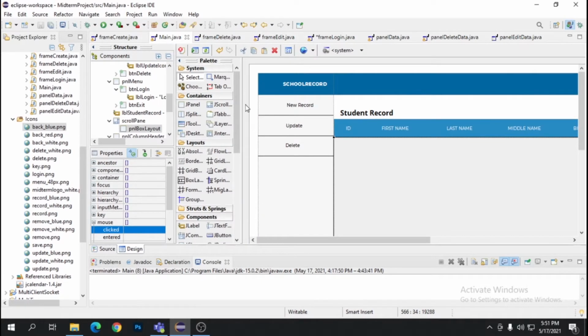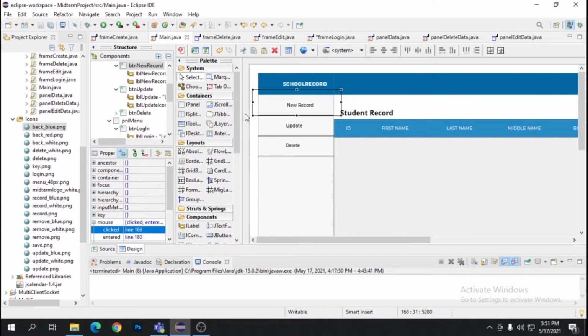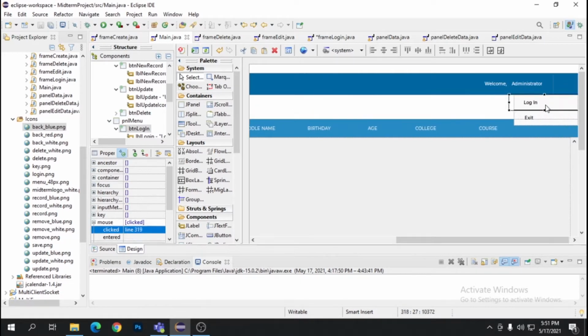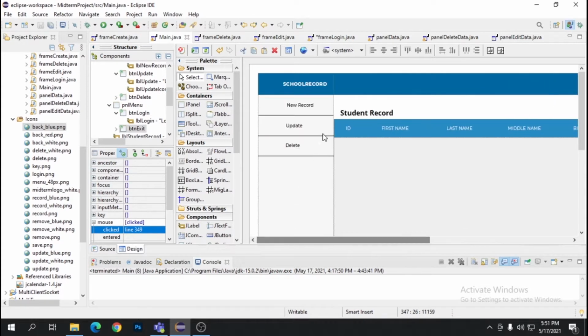Now, starting with the design tab, we created some buttons that are required for our project: the new record button, the update button, the delete button, the login button, and the exit button. This is not a button component, but it is a panel. But we set it as a button, and also made a flat style button to maximize our UI and